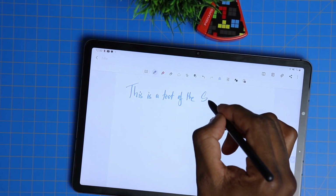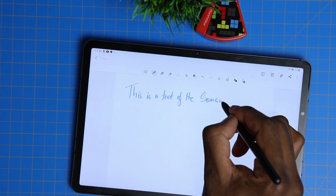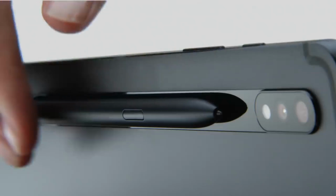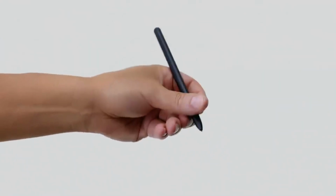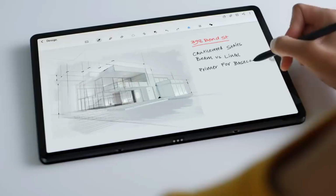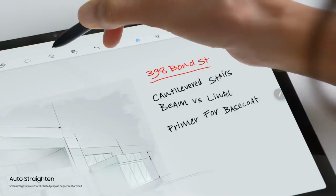It gives it the feel of writing with an actual ink pen. Additionally, the finer tip increases accuracy of movements, and there's no constant tap like you would get with the Apple Pencil when you hit that screen. Also, you do get a couple of options to change the tips if you prefer a certain feel to that